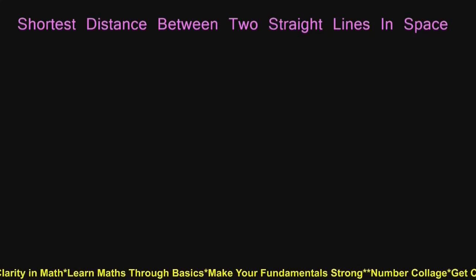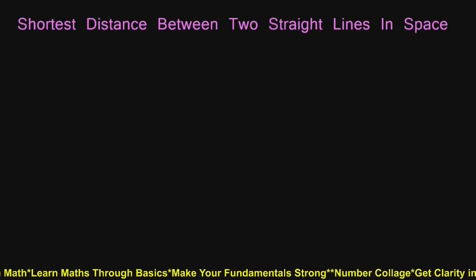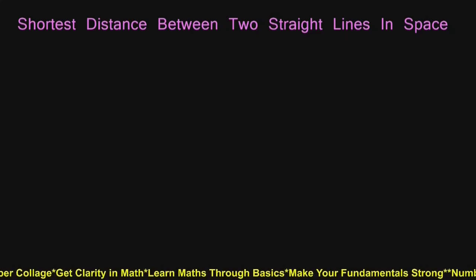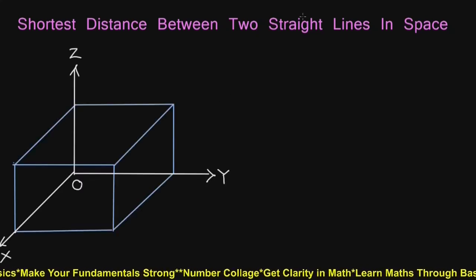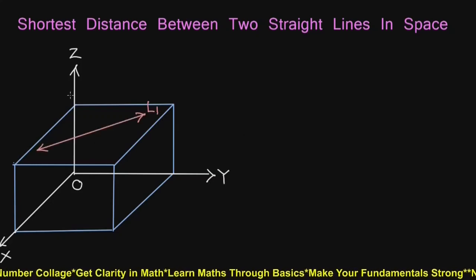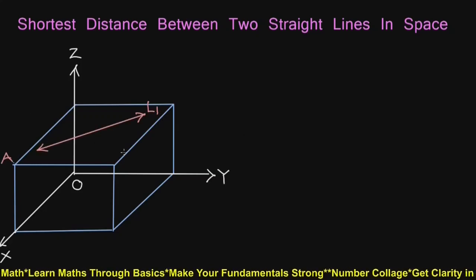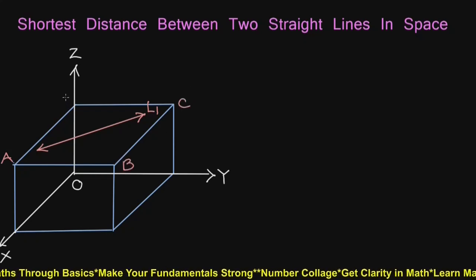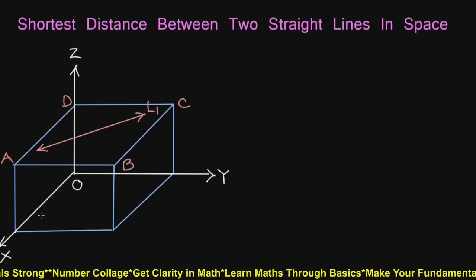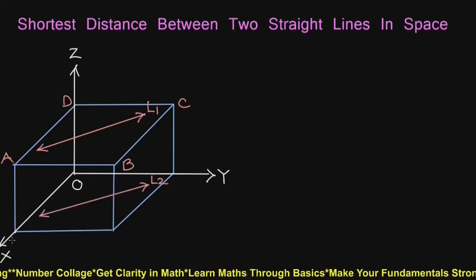In this video, we are going to study how to find shortest distance between two straight lines in space. We have to consider two types of straight lines in space. In the first type, there is one straight line L1 in the top plane ABCD of this cuboid and another straight line L2 in the bottom plane